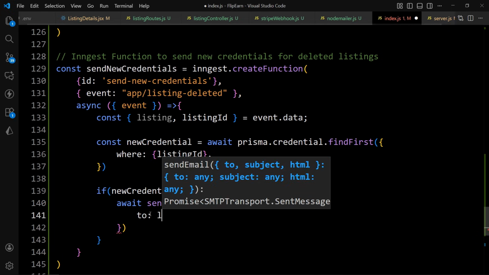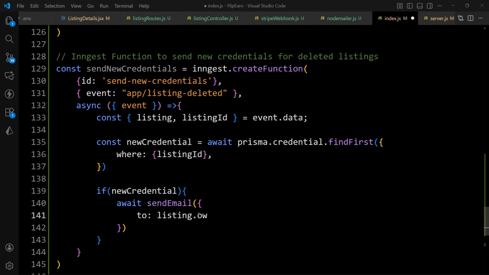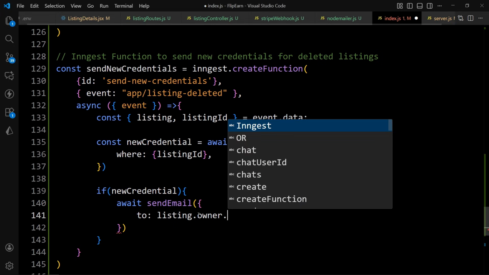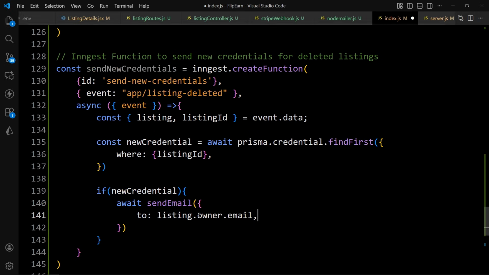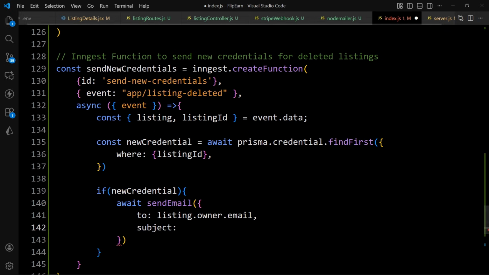In this to we will add the listing dot owner dot email. After that we will add the subject, and in this subject let's add the new credentials for your deleted listing,